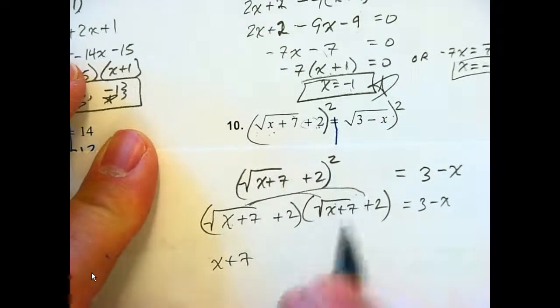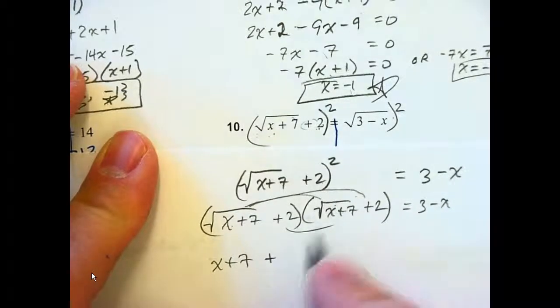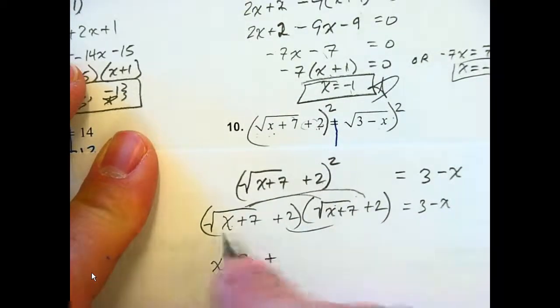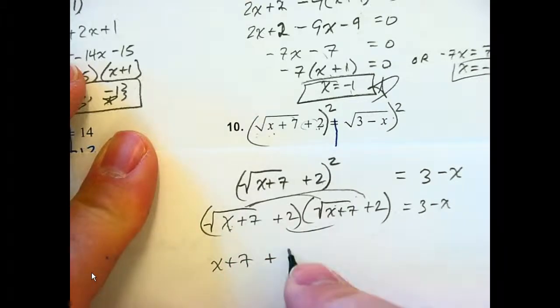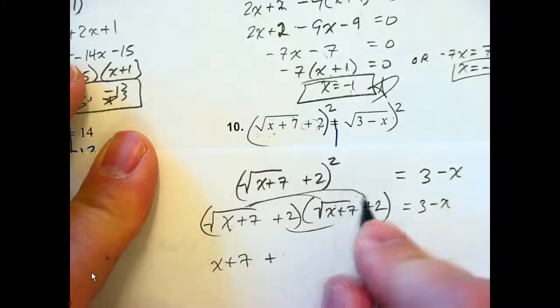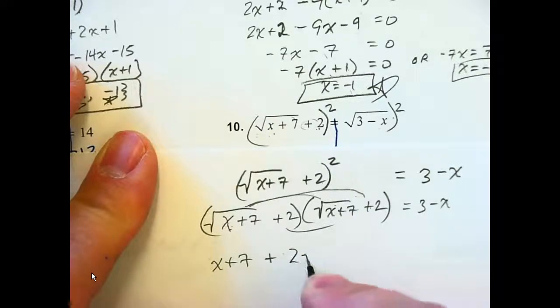This times that is not as easy, and that times that is not as easy, but if you follow the pattern, it's twice of whatever our A term is. So this is that times that, 2 root X plus 7, and 2 root X plus 7. So 2 of those gives us,